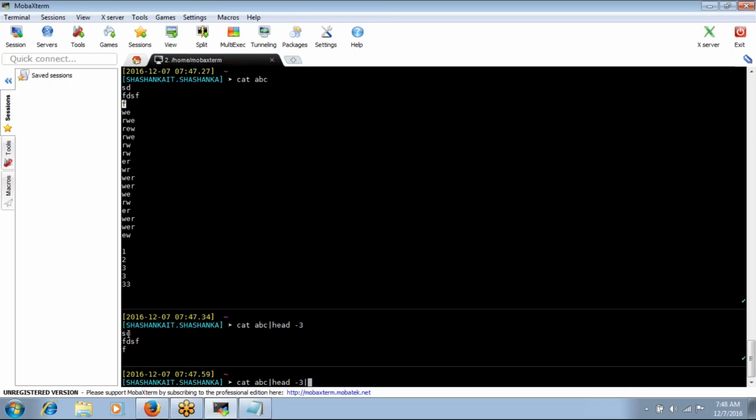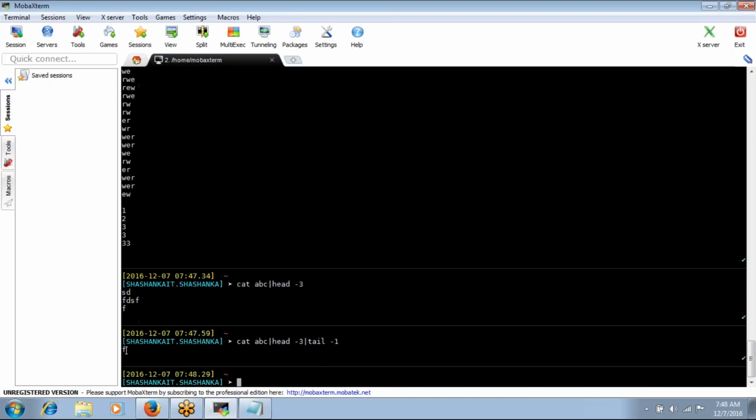This is my output. From this output, the third record is my last record. If you give tail minus 1, you can get only the third record, right? If you want the seventh record, I will display the first 7 records. Then from this output, the last record is my seventh record, right?